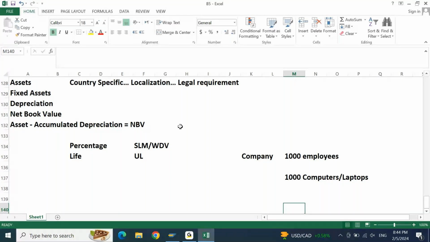Similarly, for your fixed asset, you will have another reporting perspective called tax reporting. According to income tax also, you'll have to calculate and file the depreciations. As per income tax, how do we calculate the depreciation? You need to understand. Similarly, any company that you're talking about, we understood these are all global companies, meaning operating